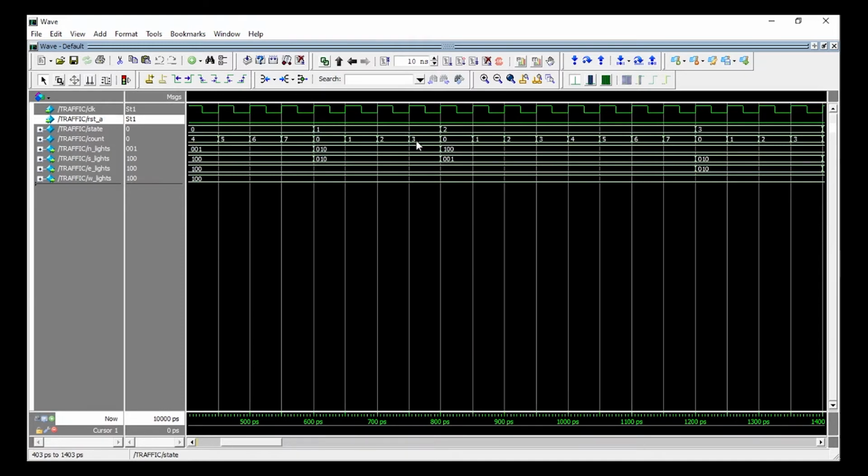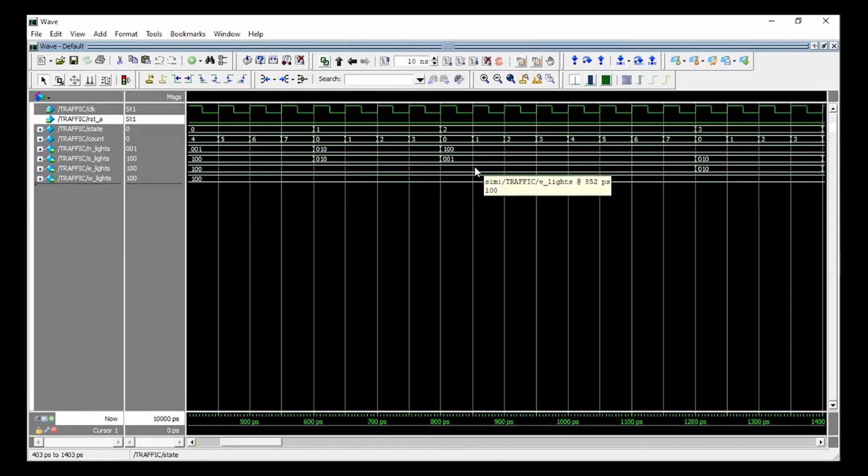And for 0 to 3, this means for 4 seconds, the north lights will be on yellow and the south lights will be yellow. But the other 2 lights will be 100, which means red. The state changes again after the 4-second yellow state delay, and in state 2,